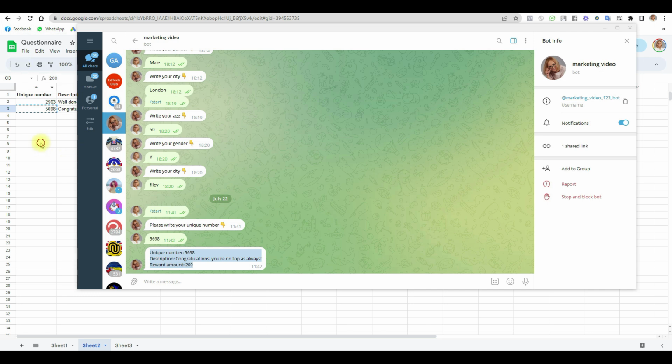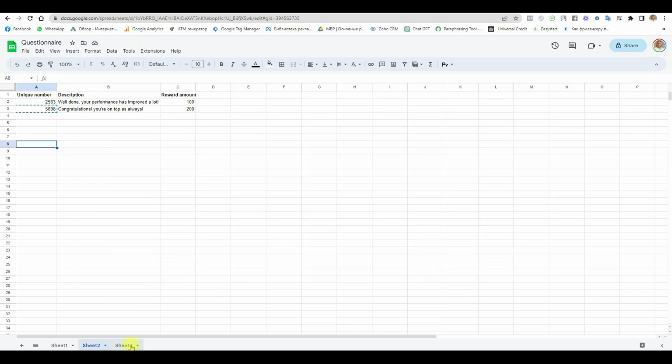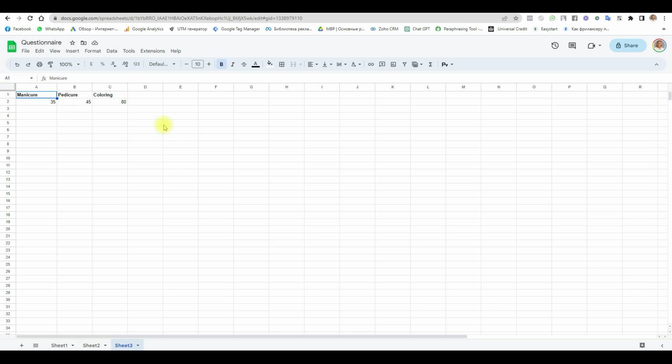Okay guys, now let's see how to send data column wise. Go to sheet 3. Here I have an example of a small price list. Let's imagine we have a beauty salon, and so that we don't update the price list manually, the user can request it within the chatbot. It's much easier here. The procedure name is on top and the price below. Let's go to our funnel on Smart Sender